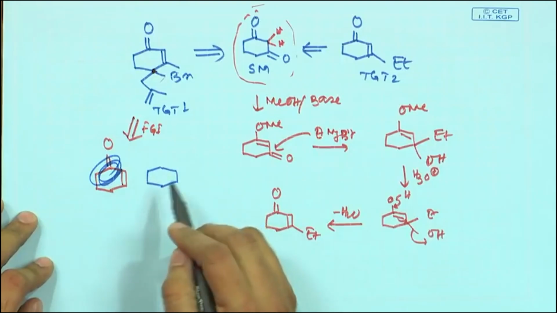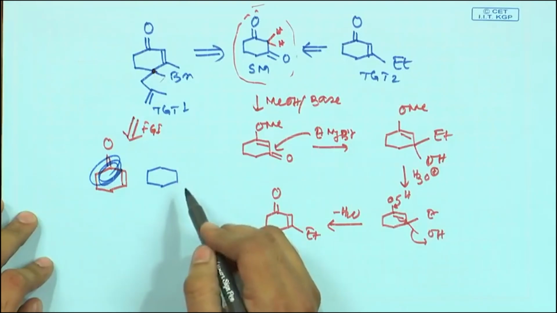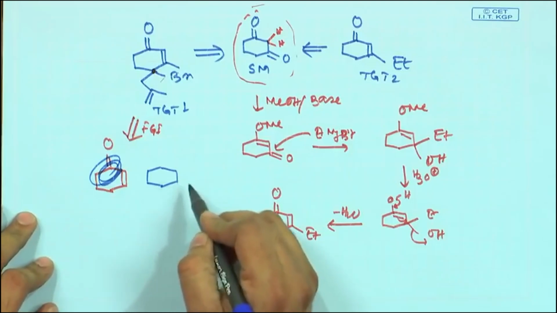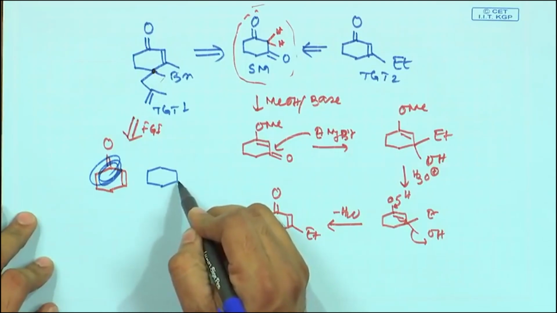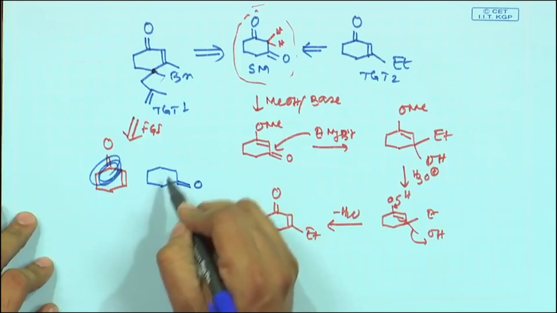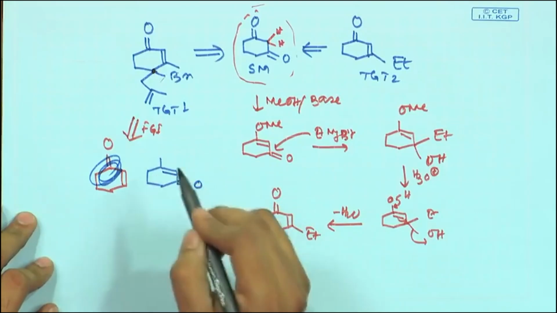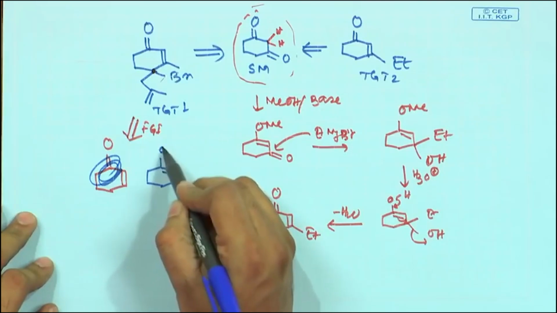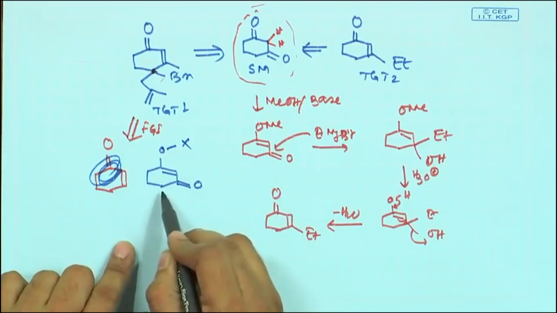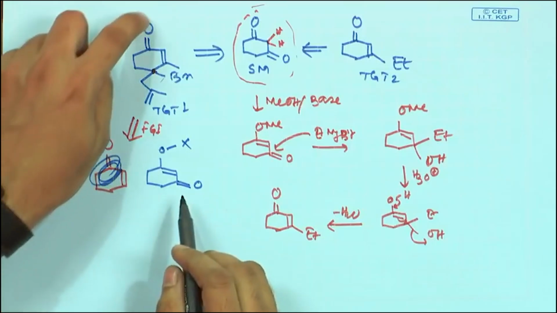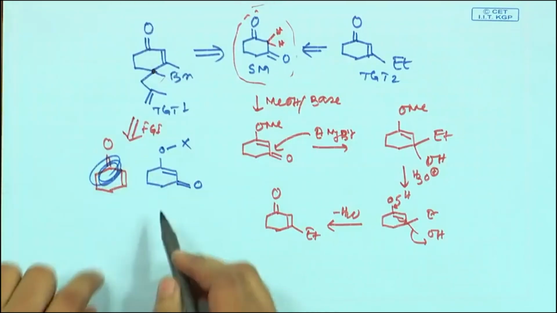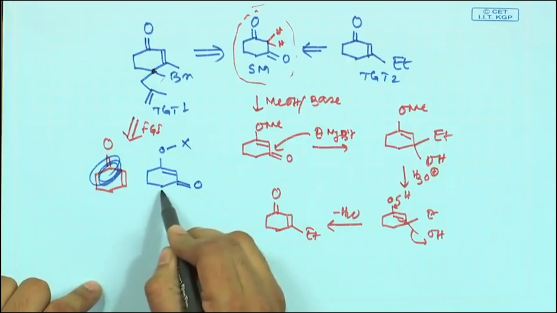We will be coming to a typical example, something like this. If you can have a compound like this, then you can try to figure it out. Out of this 1,3-dicarbonyl compound we have selectively manipulated one,